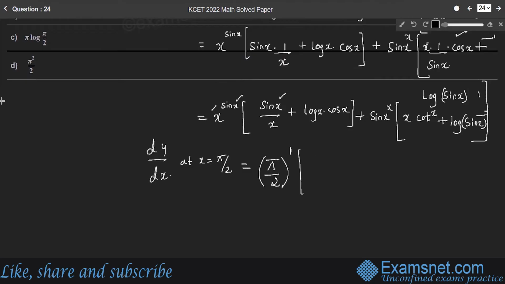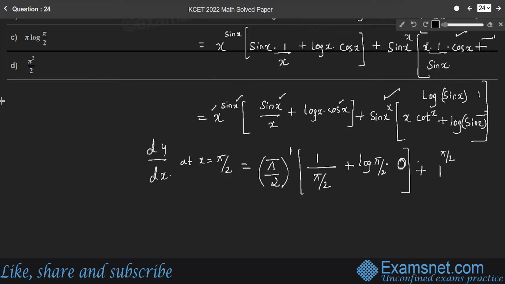So sine pi by 2 is 1, and 1 by x is 1 by pi by 2, plus log x, log pi by 2, into cos x. Cos pi by 2, cos 90 degrees, is always 0, plus sin pi by 2, which is 1, raised to pi by 2,